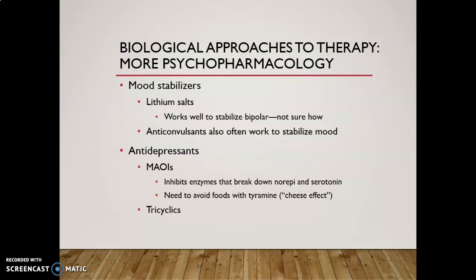Tricyclics were also very early antidepressants, so-called because they have 3 circular structures in their chemical makeup. They also work on the reuptake. They inhibit the recycling of norepinephrine. They work a little on serotonin, not as much as the MAOIs do, but a little bit. But tricyclics are one of those global drugs that can really get into a lot of other things other than simply what you want them to do. They can actually affect lots of other things as well. And so these are one of the things that we generally don't use very much if other drugs will work